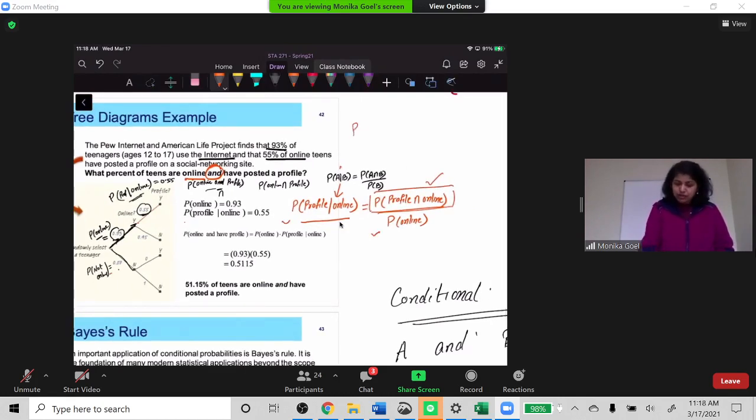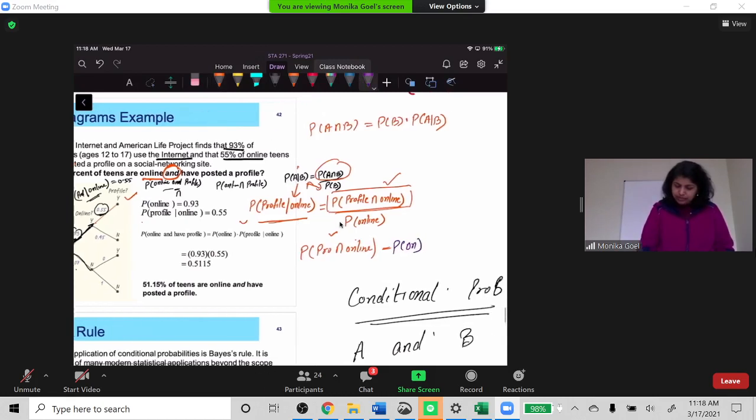So I know that the probability of A intersection B, which is this part, is the product of these two: probability of B times probability of A given B. We have this information and we have this information. So we can say that the probability of profile intersection online is the product of the probability of online times the probability of